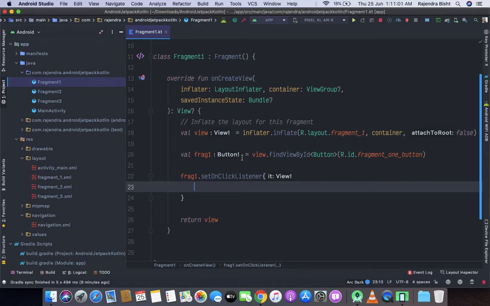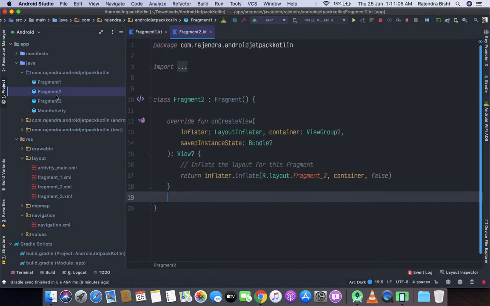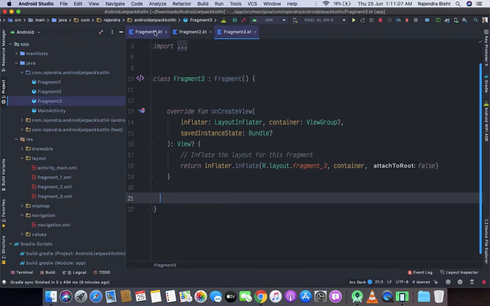Similarly, we will set up fragment 2 and fragment 3. Let's go to fragment 2 and fragment 3.